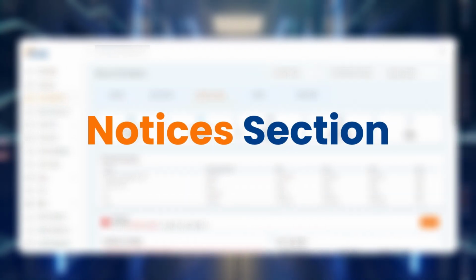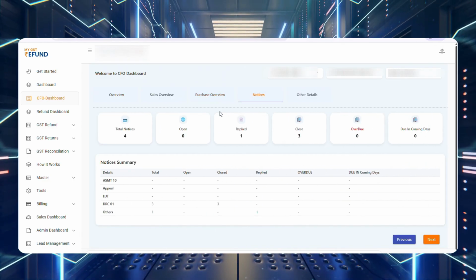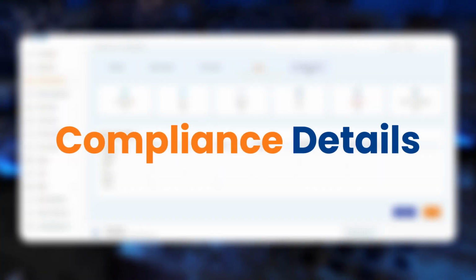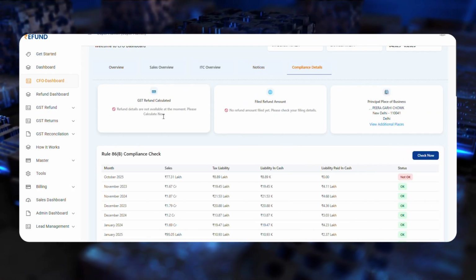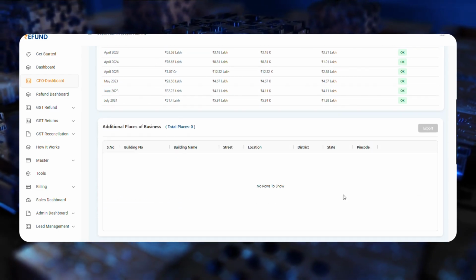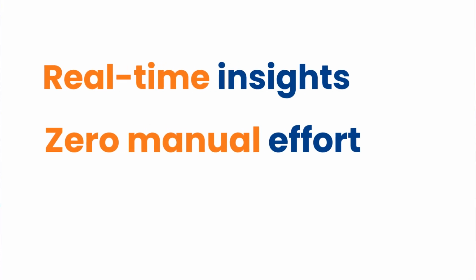The Notices section, where you can check all the notices you've received and why they were issued. Compliance details: auto-calculated GST refund eligibility, filed refund amounts, and principal place of business information. Real-time insights, zero manual effort,